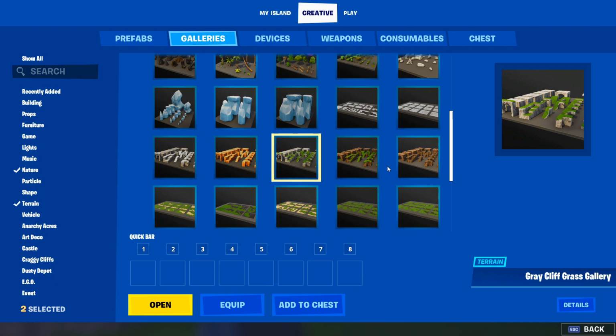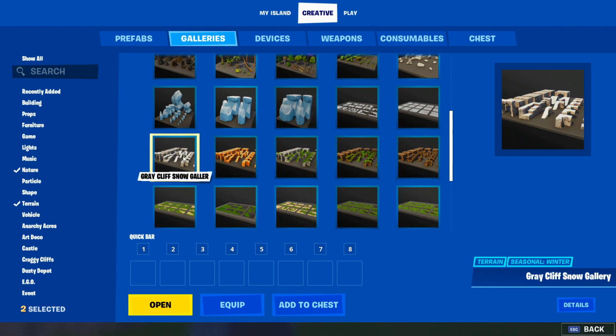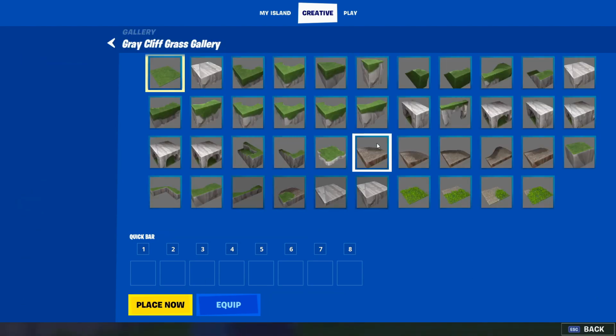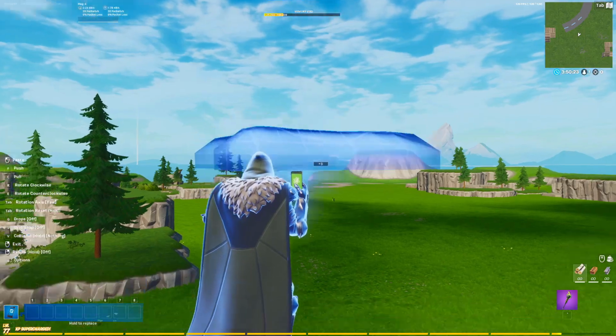So basically, click any of these cliff galleries. Any of these will do really because they're pretty much the same. I like the gray cliffs, but you don't have to use the gray cliffs. You can use something else, like the desert galleries. And my preferred way is you take this piece that I have selected right here, you hit place now,